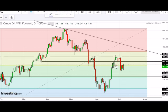So in essence, I expect to see this resistance continue to hold, back down and into those 54.60s, and then expect to see another push to the upside here, to see if we can break back above those 57.50s. It's possible that we will do it. I think that we probably can, but in the event that we do fail at this juncture,